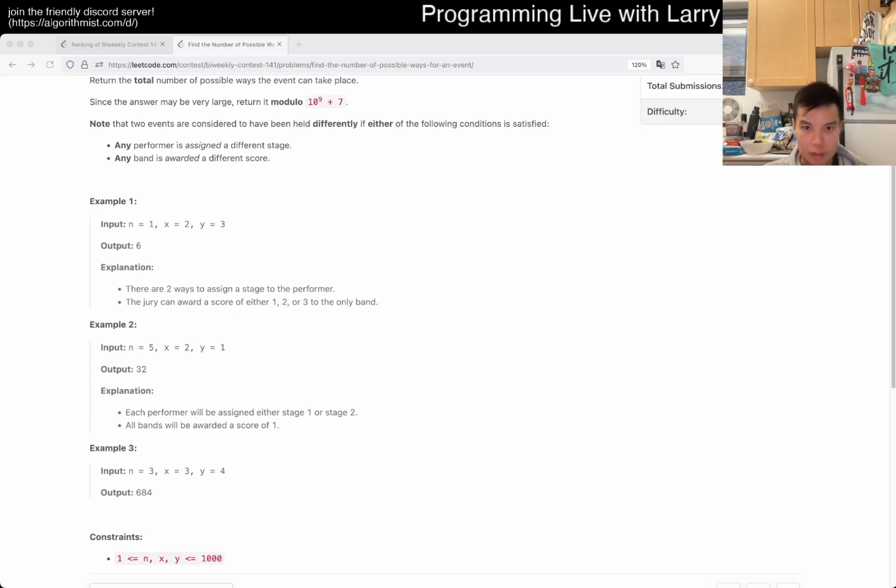Okay, we have 3 people. Okay, so we have to extrude 3 the stages, but then now